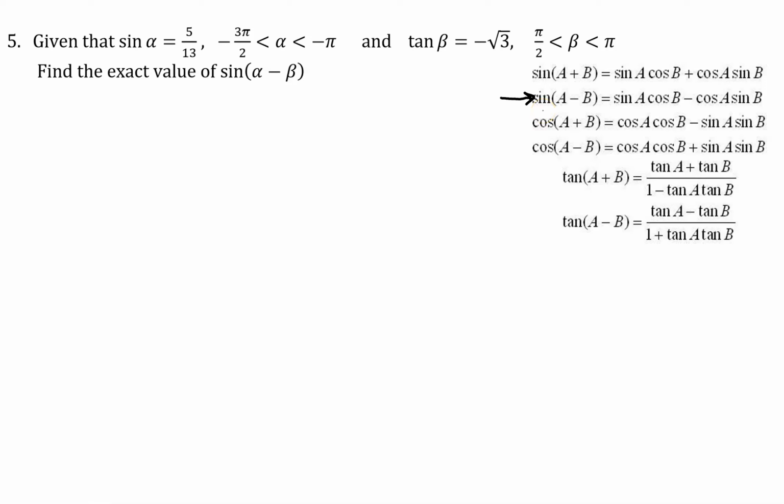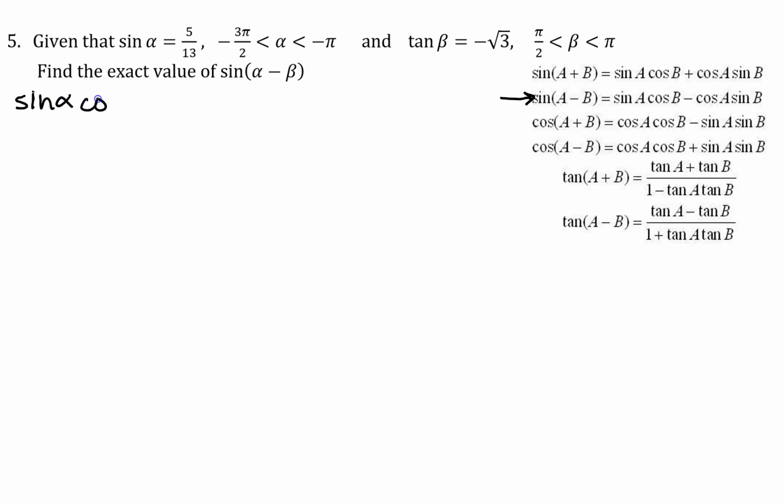In this video, we are going to find the exact value of sine alpha minus beta given this information in the first line. And so the first thing we are going to do is apply the sine A minus B formula since we have sine of alpha minus beta. So according to that formula, sine of alpha minus beta is equal to sine of alpha